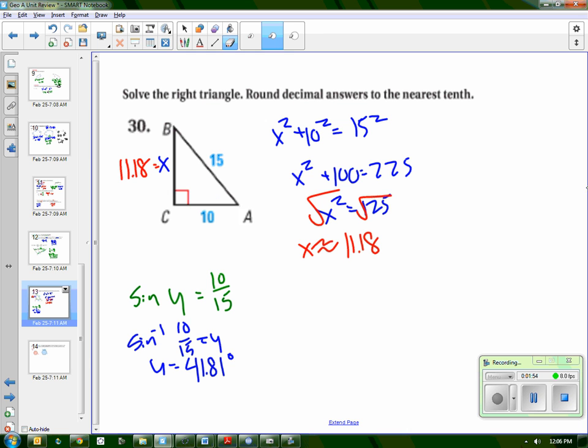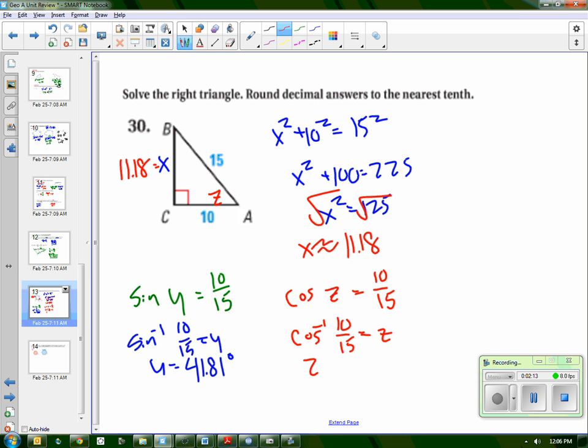41.81. Now you could subtract, but since I like doing trig so much, I'm going to do trig again. I'm going to find angle A. Let's call this guy Z. I'm going to find Z by saying adjacent over hypotenuse. So that would be cosine. Cosine of Z is adjacent over 15, 10 over 15, adjacent over hypotenuse. But I got to use the inverse cosine. The inverse cosine of 10 over 15 will give me my Z, which is going to be about